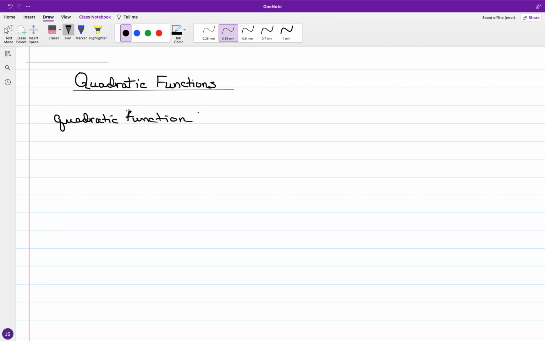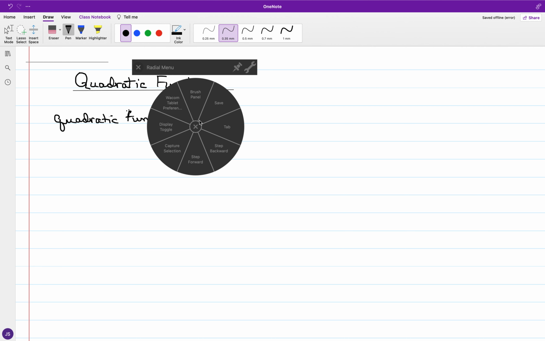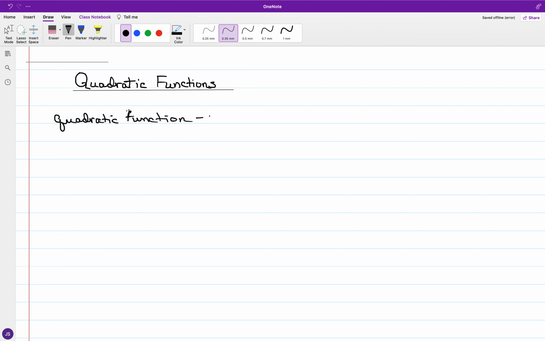So this is going to be a second order function. You're going to have a second order function whose standard form